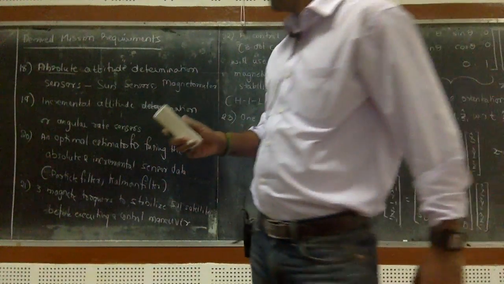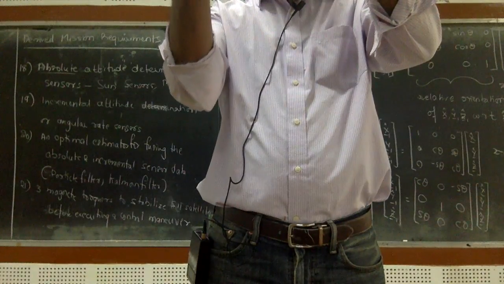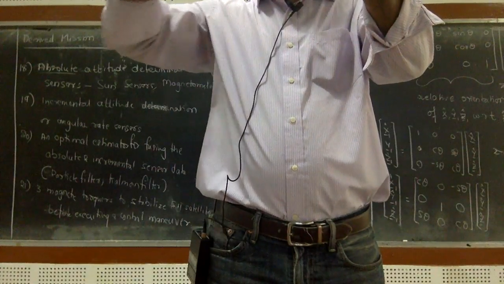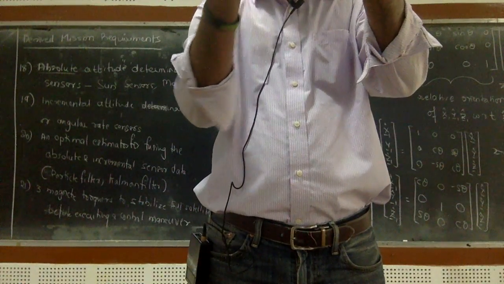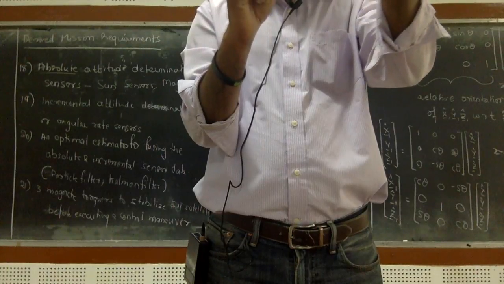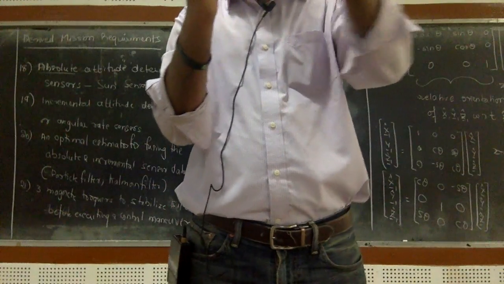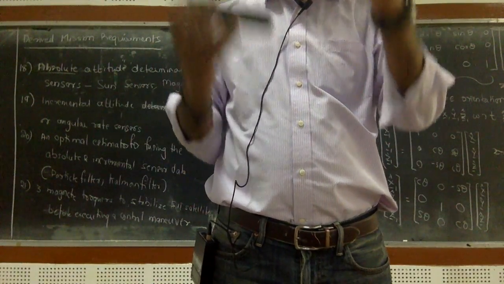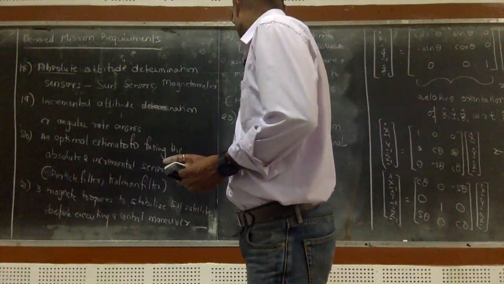And that is the reason, if I put a wheel here, when the wheel spins about the longitudinal axis, this is going to stabilize about the longitudinal axis. If we control it in this direction and keep spinning the wheel about that direction, it's going to keep pointed in this direction. You don't want to stabilize it about this axis; you want to stabilize it about this axis. Then the satellite can do this, so your surface is always perpendicular to the velocity vector. So with this, one reaction wheel, momentum wheel,